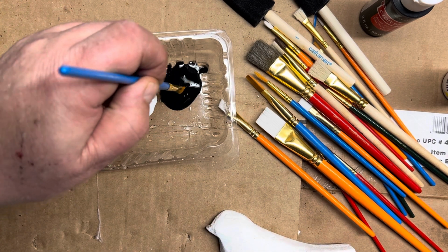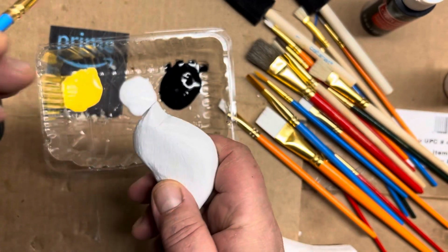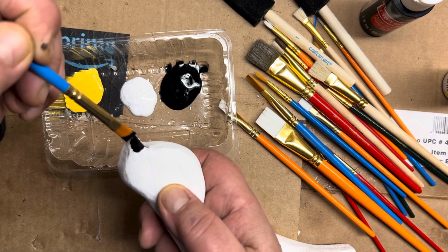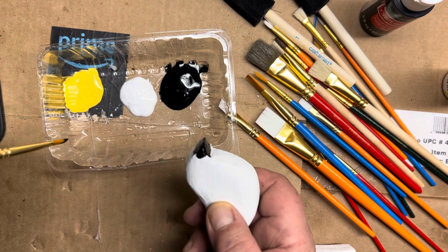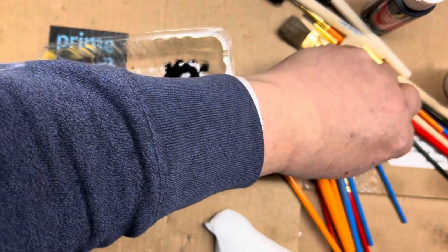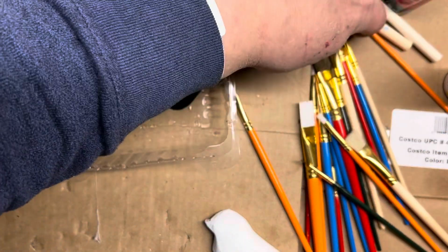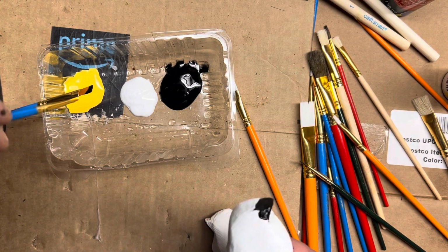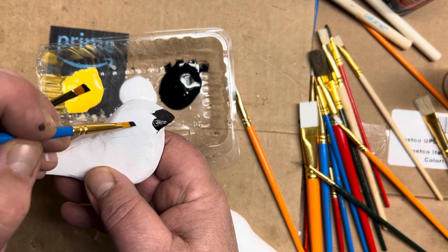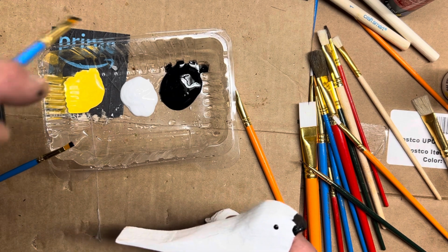what I think is very, very black. Maybe I even want a smaller one. What's very, very black is the beak. See if we can find a round one. That's pretty fine. And the eye are black, black, black. And the eyeball is probably right about there. So there's our eye. And then I want it slightly less black